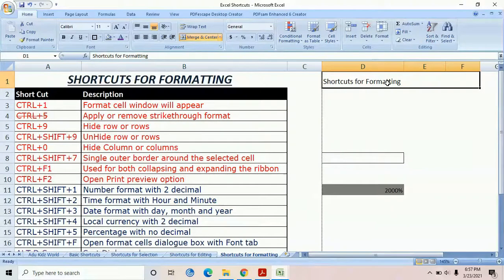Suppose I want to bring it to the middle. This shortcut I have not mentioned, but still I will show you. It is Alt H A, and now see, can you see some options are appearing? I want this to be in the center, so I will press A C. Now see, this has come in the middle, and then obviously I can do Control B, which will bold it, and that is how you can do the formatting. Suppose you don't want the merging of the cells, then the shortcut to unmerge it is Alt H M and U. Now see, this has gone back to my single particular cell from where I started.